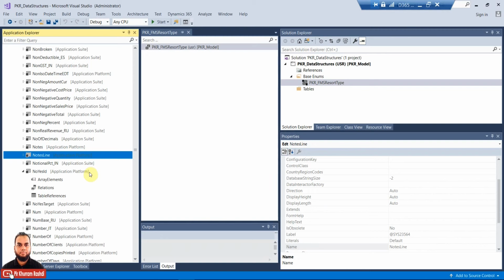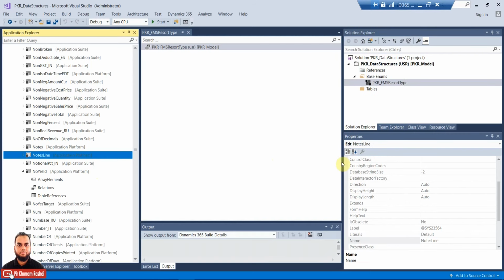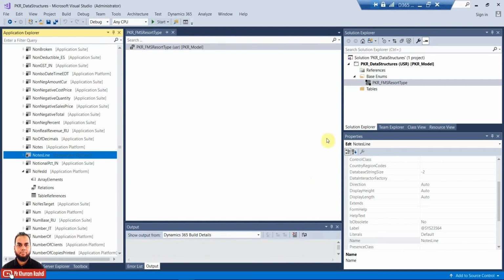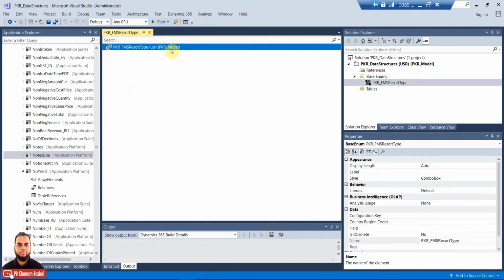Basically base enums contain a small number of values when used in a field, and this list cannot be searched or extended by the user. All the enums have to be defined in the data model before we can use them, and can't be defined within a class or a method. Means the runtime concept is not given, like defining a new base enum within your class or within your table method. It is not possible. So you need to define it at design time, just like I created by adding a base enum here,